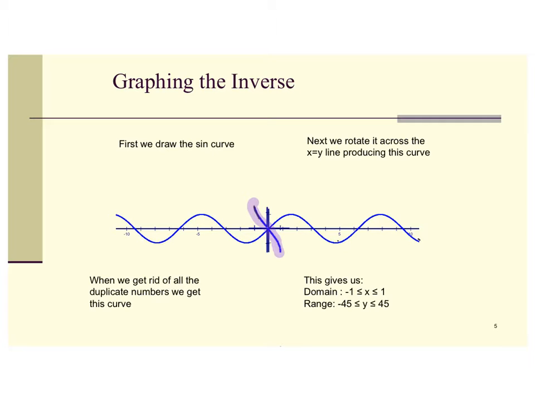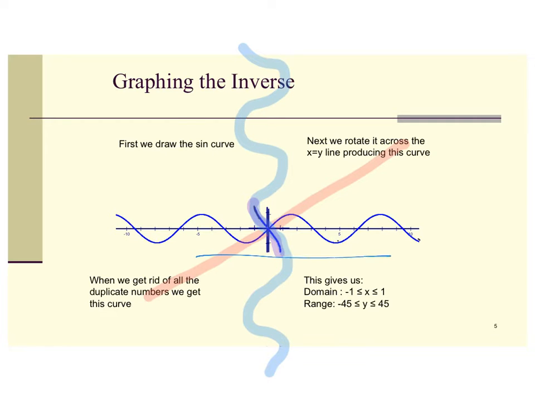All right, so our new graph is actually a vertical thing all chopped into little pieces, and we end up with not being able to have a function. See, when we rotate this across that x equal y line, what we would end up with would be something doing this, and so that's not a function. So what we do then is we chop it off